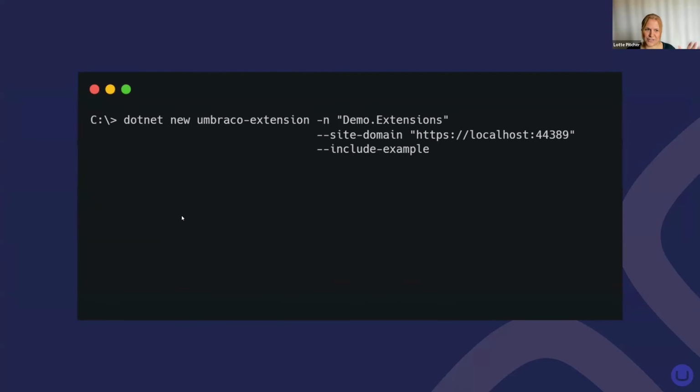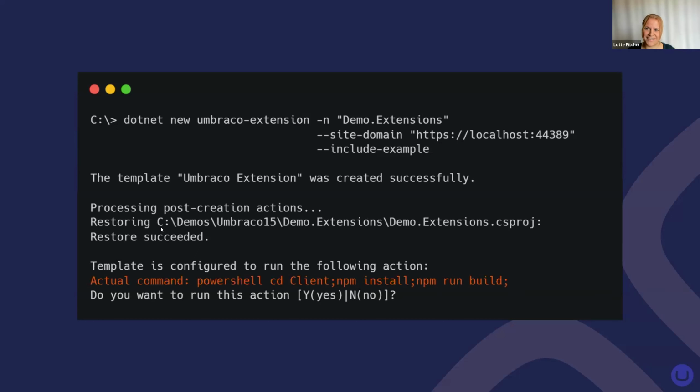So to use it, you do dotnet new umbraco-extension, and you give it a name. I'm using the name demo.extensions, mainly to prove that dots work in the template. That's always a good test when you're working on dotnet new templates. I'm giving it 2 parameters: the site domain, which is the URL of the website that this project is extending, and I'm also including this include-example switch because I want some examples to be there, so that I can see things working in the back office. So when you press return and let that run,